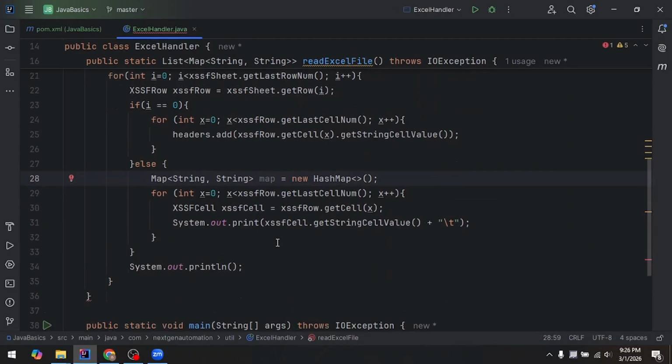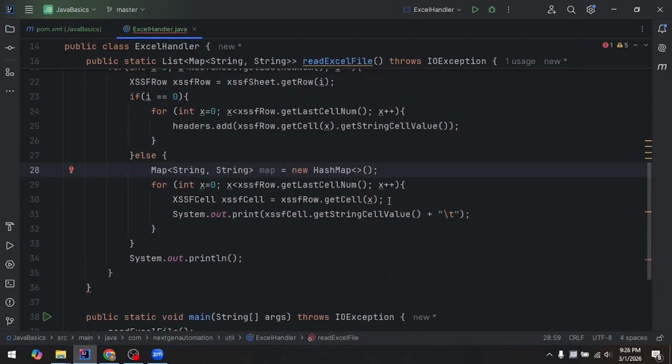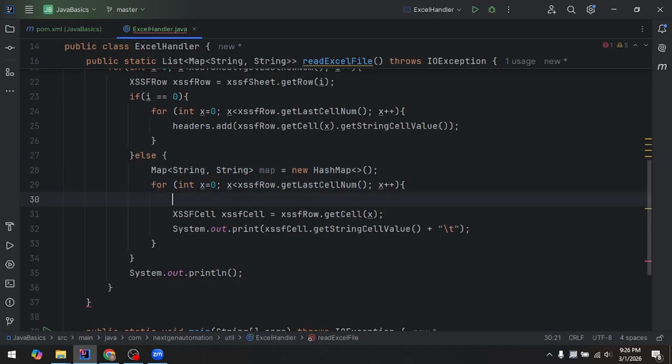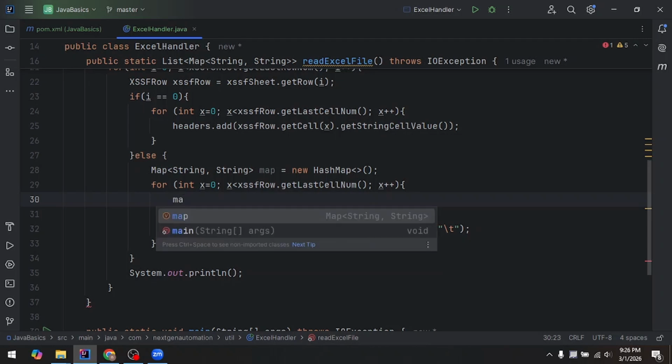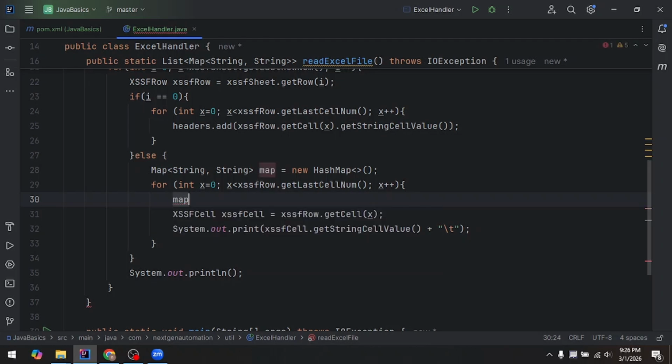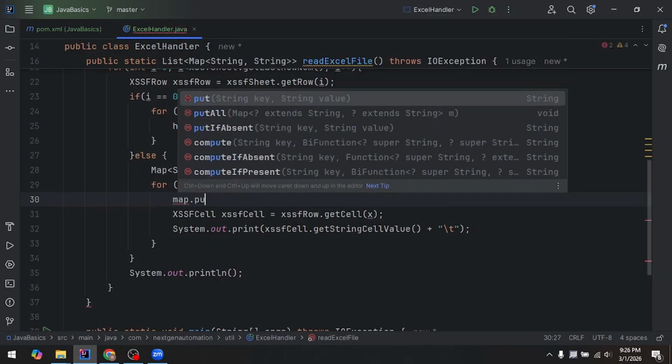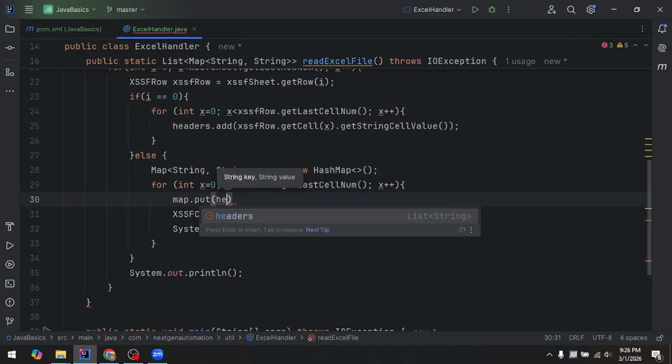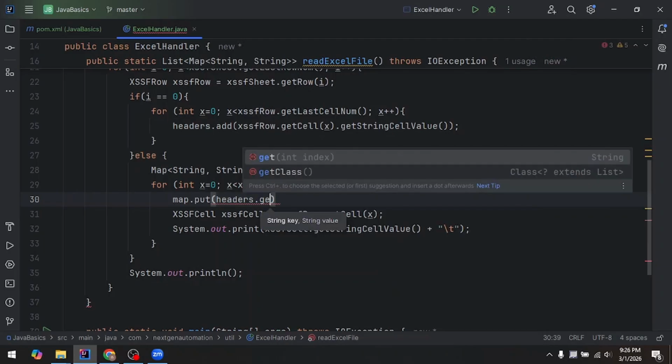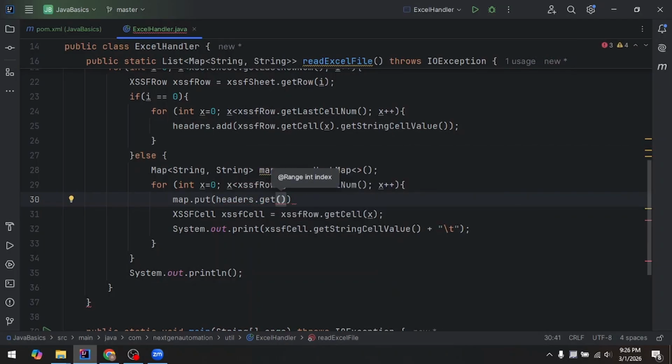Then I can say map dot put, the key is headers dot get, and you need to pass the index, so index